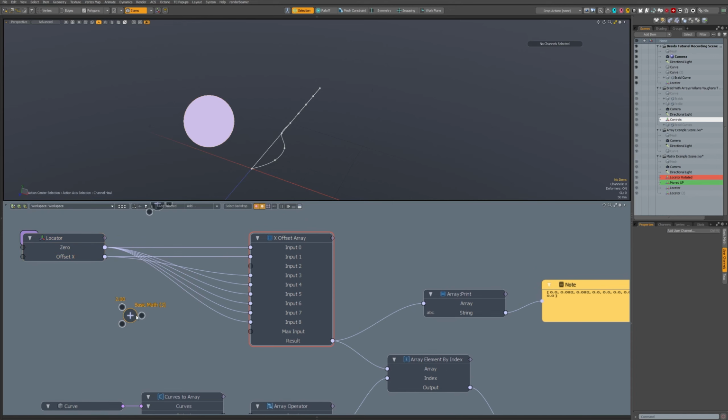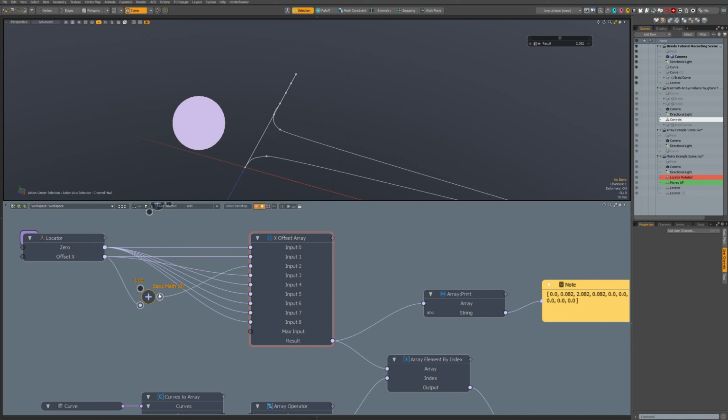I'll add, because as in the tutorial we have to move this one a little and then this one a bit more and this one the same amount as this one. So I'll add a math node here and input it there and change it to multiply, and that can be 1.5,